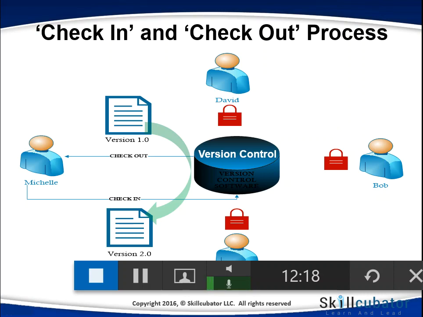But most of the times, these kind of tools will give you indicator that this document or this artifact has been checked out by who, when, and that person can always wait, or if they are in some sort of urgency, they can contact that person to see what's being updated, right? So that's pretty much at a very high level how the check-in and check-out process works,